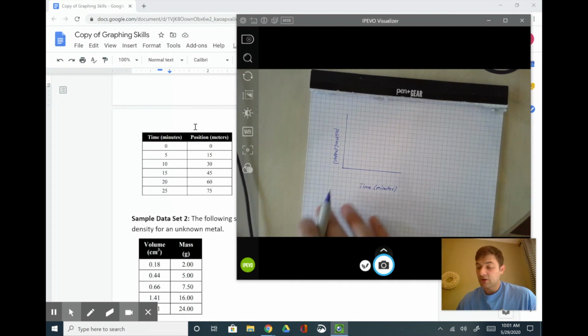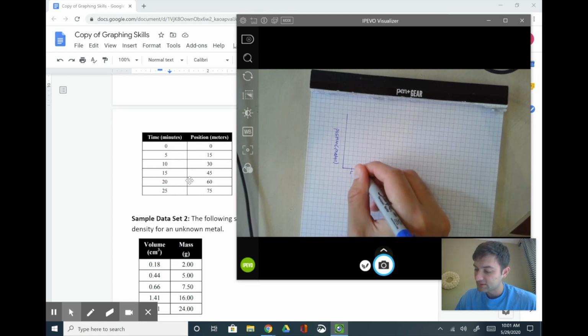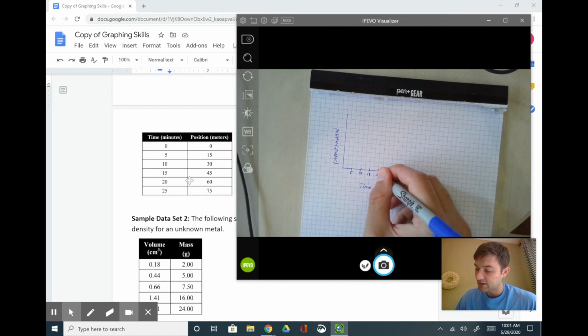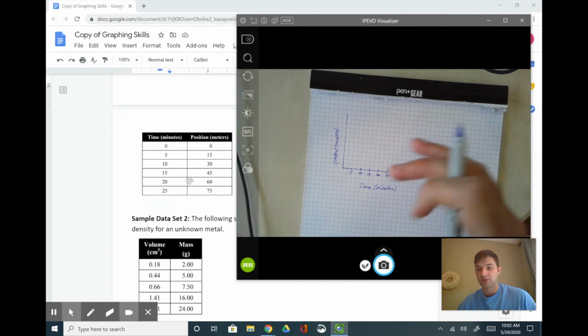Now, like I said, this graph is this long, this big, and you notice I got 0, 5, 10, 15, 20, 25, and I could easily go by 5 here. And with how the graph is, I could probably skip a box and make it completely fit the line, which is great. It's very easy to do, and it looks kind of full when I do this. So there is a little bit of a section here, but the majority of the graph is full. And then